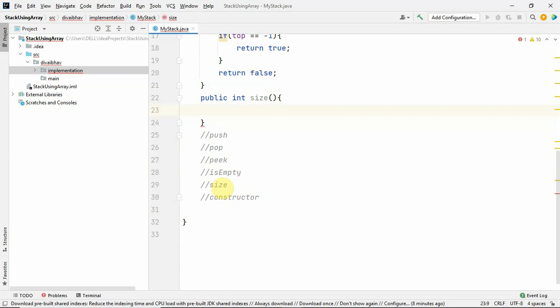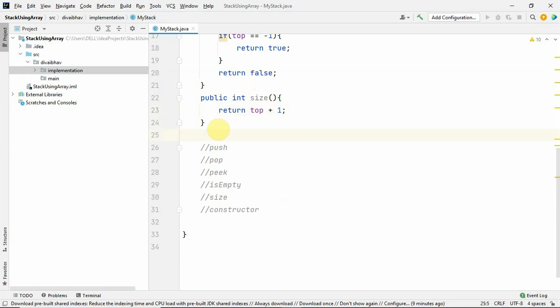We are returning the value top plus 1. So see, when there is no element in our stack, the value of top is -1. -1 plus 1 is 0. So how many elements are there in our stack? 0. So size is going to return the total number of elements present in our stack.